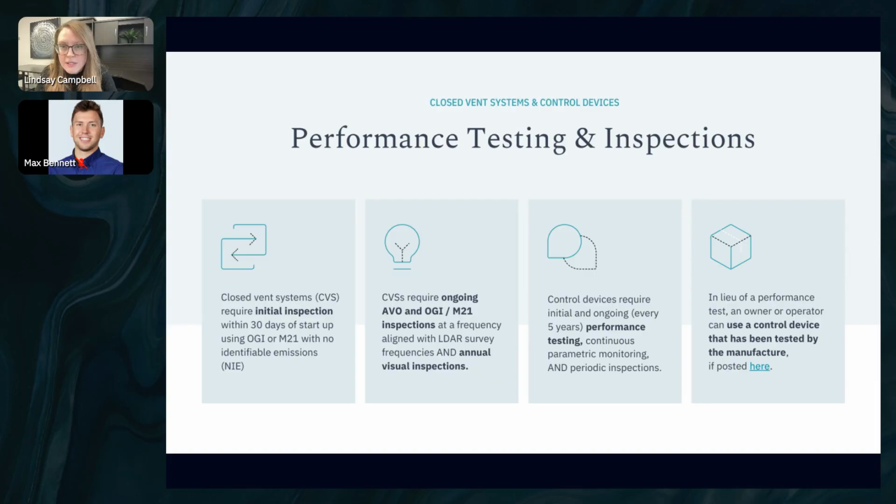So here I've summarized the performance testing and inspection requirements for closed vent systems and control devices. Note this is a very simplified summary of all of the performance testing and inspection requirements within each of these boxes. There's a lot of complexity in what is actually required. We'll get into a slide that highlights some of that complexity in detail soon, but at a high level, we're